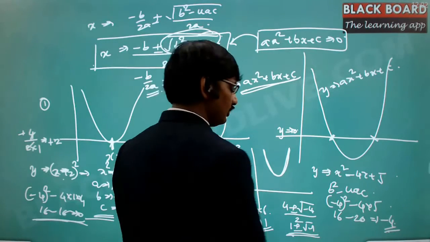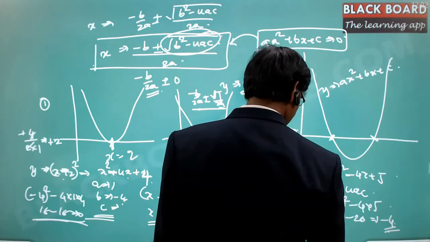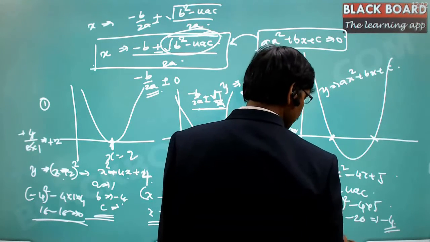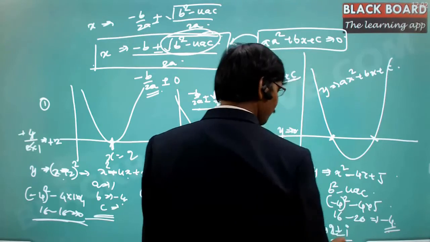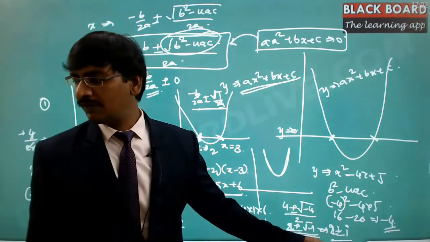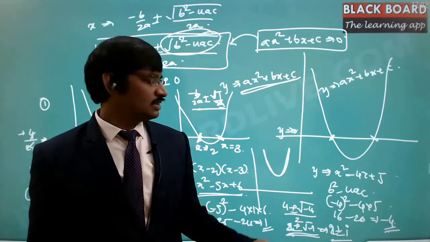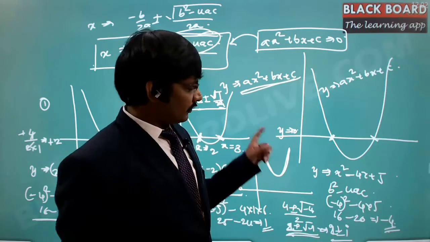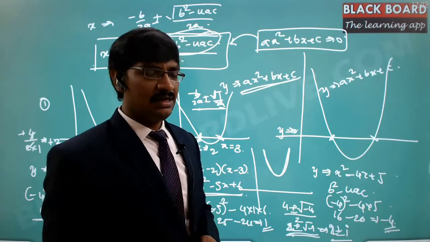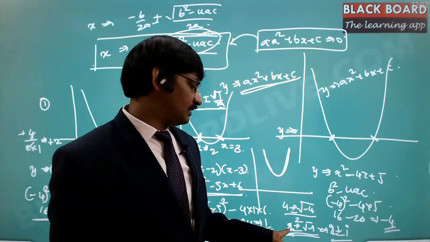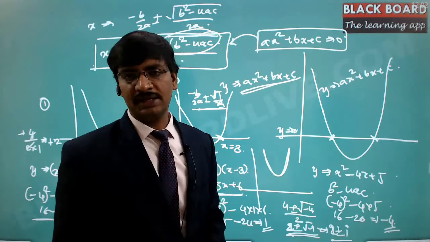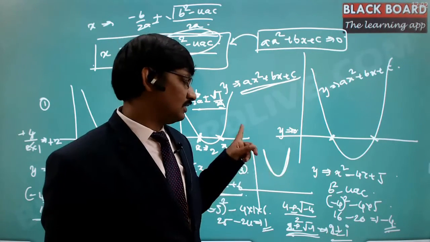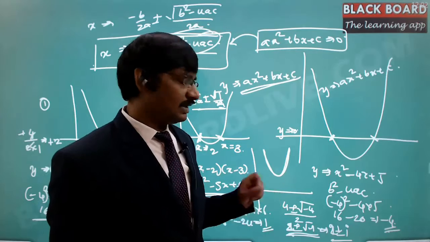This is what you usually treat as 2 plus or minus i, so here you write 2 plus or minus i. But the meaning of i we have to define. This is what we call the imaginary number. Why do we call it imaginary? In this particular case, you are stating that there are two places, 2 plus i and 2 minus i. Those are the two places where the straight line touches this curve.